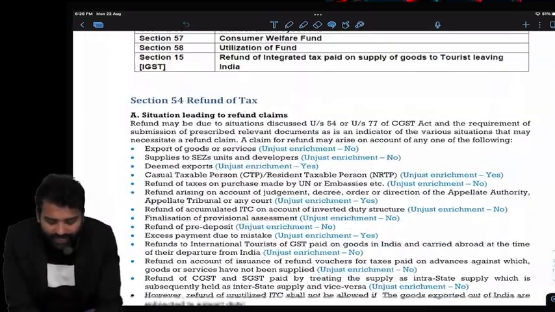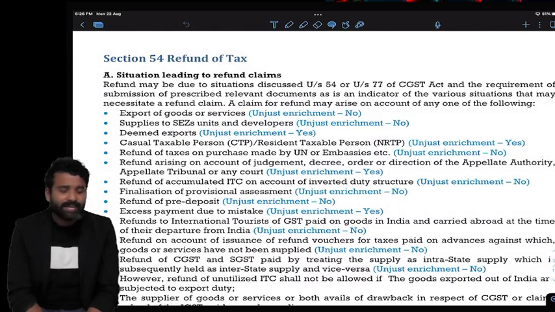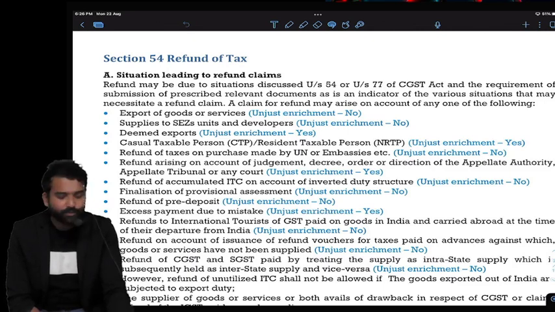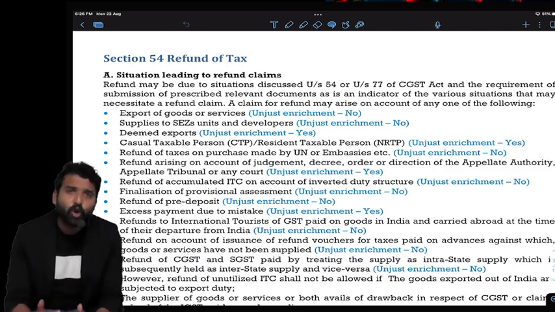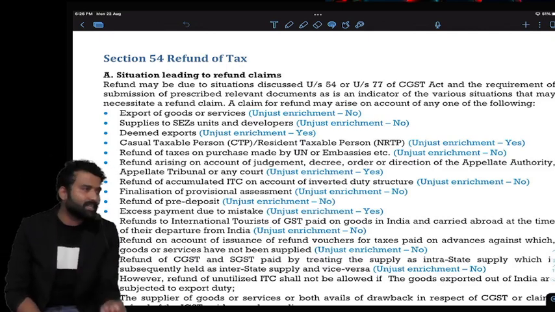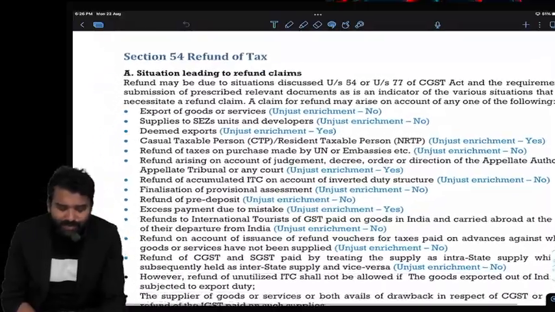Okay, now listen carefully. GST refund is governed by section 54 of the CGST Act. So there are a lot of cases where we can ask for GST refund. In some cases I have to prove unjust enrichment, and in some cases I don't have to prove unjust enrichment. So first of all,